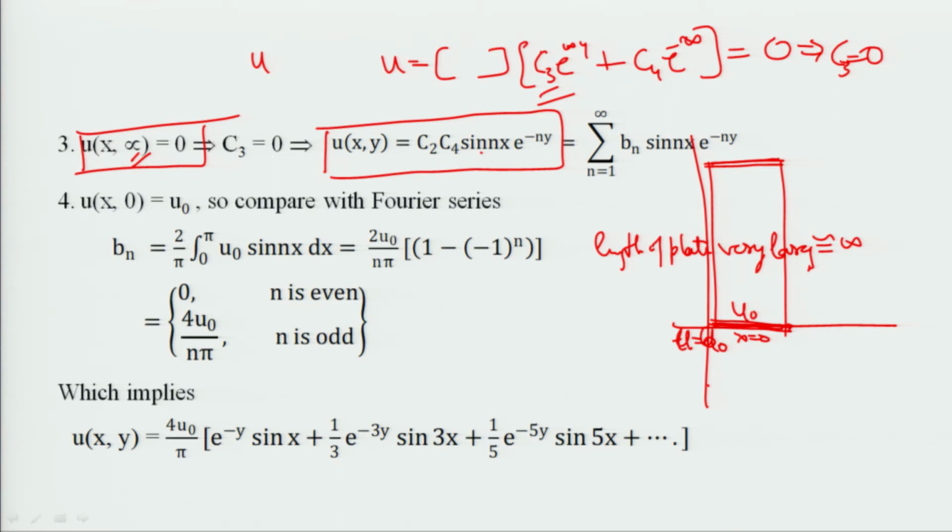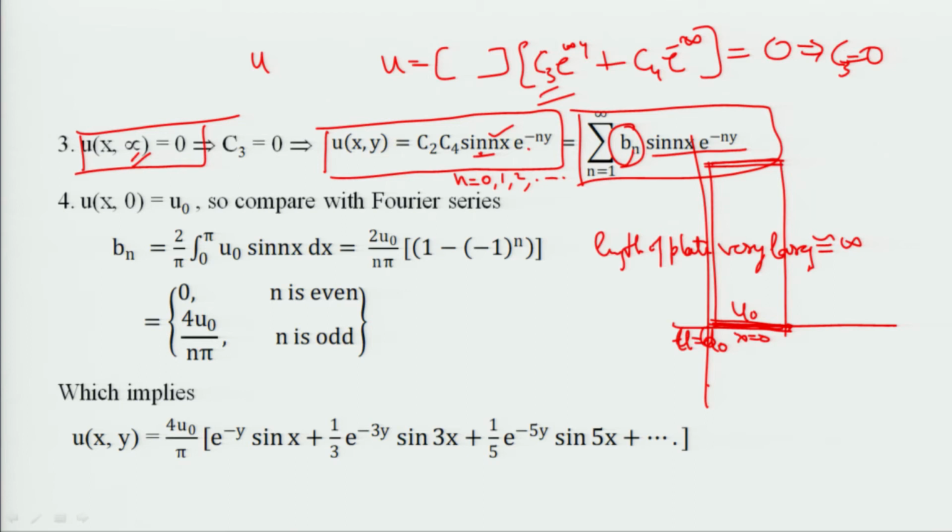Okay. Now, one more point over here. After substituting the three conditions, we have our assumed solution in this particular form. Here n is there. N means what? N means 0, 1, 2, 3 up to infinity. So this is a combination of infinite terms, and we consider the summation of all these terms, sin(nx) e to the power minus ny. To add up all those terms we would make it as bn and include the sign of summation.